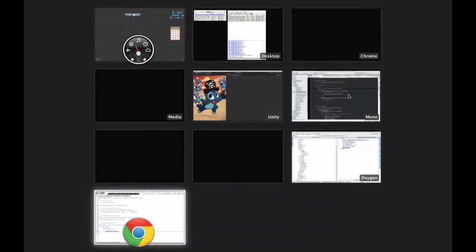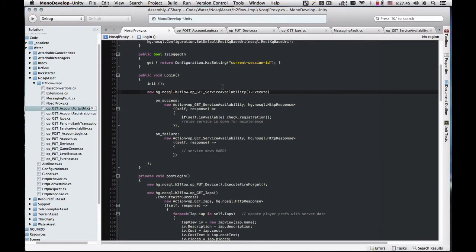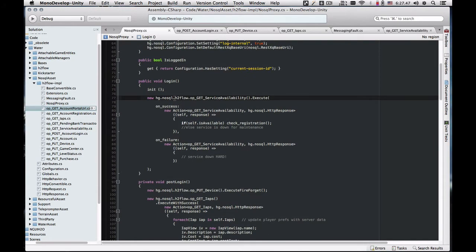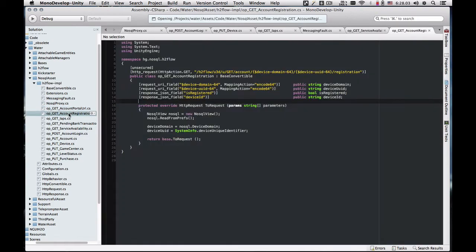Let me show you what this looks like on the Unity C# side. What we've done is abstracted away the HTTP creation and mapping back the response into our classes. For example, let me show you the account registration. So this is an unauthenticated call into this resource, and here you can see it's actually going to end up being a GET verb. And what we've done to make it easier for developers is we've created a bunch of attributes